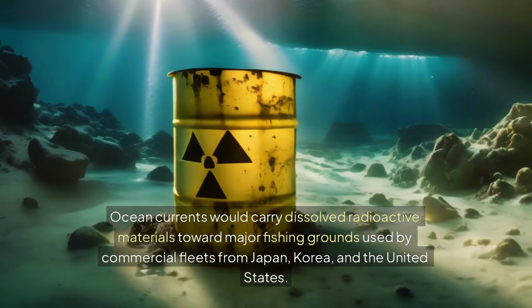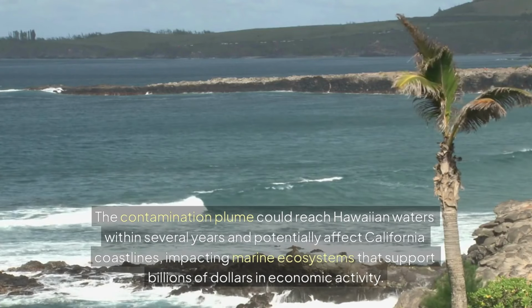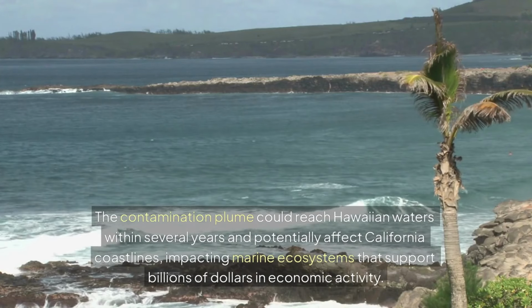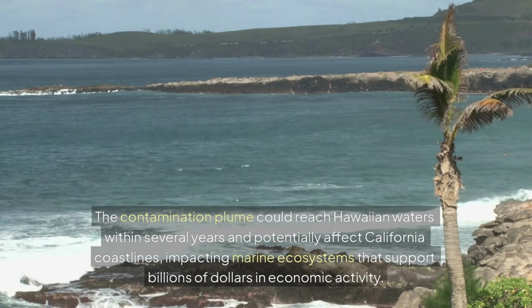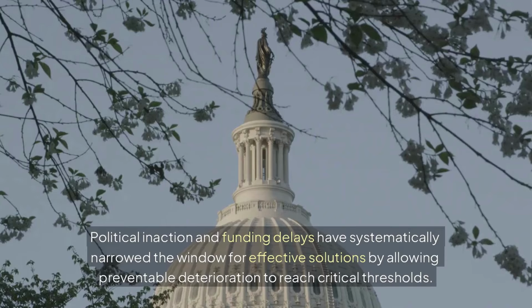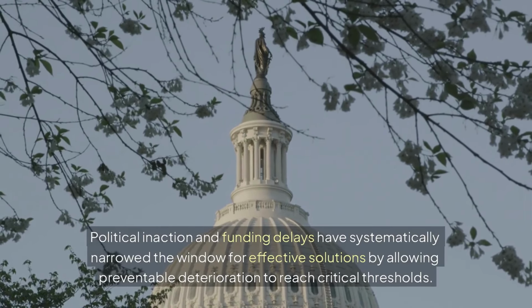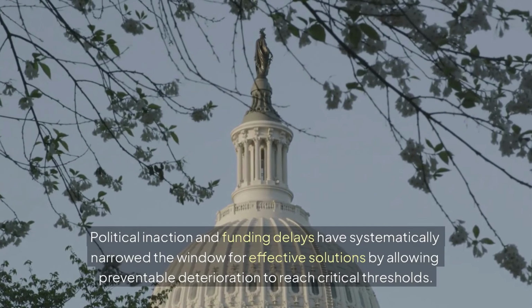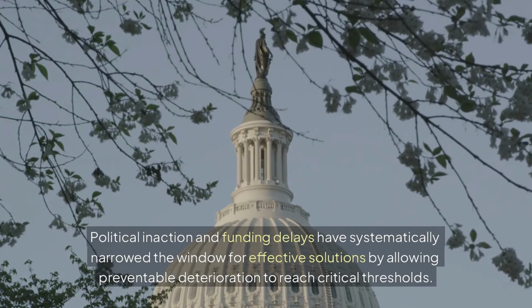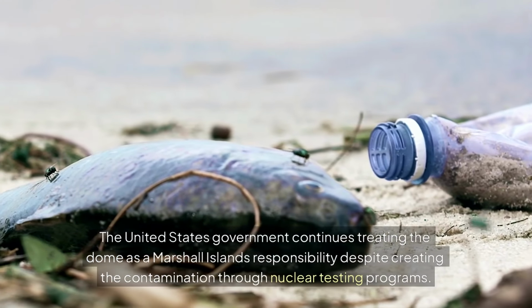The contamination plume could reach Hawaiian waters within several years and potentially affect California coastlines, impacting marine ecosystems that support billions of dollars in economic activity. Political inaction and funding delays have systematically narrowed the window for effective solutions by allowing preventable deterioration to reach critical thresholds. The United States government continues treating the dome as a Marshall Islands responsibility despite creating the contamination through nuclear